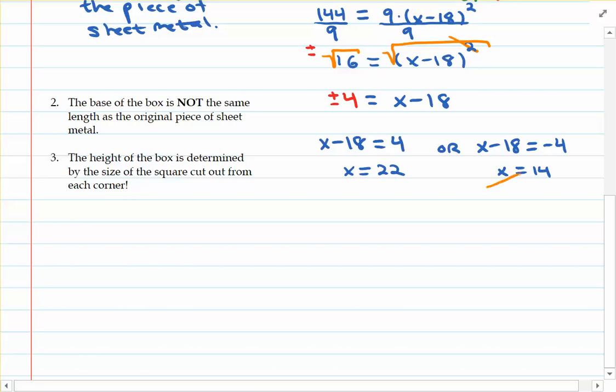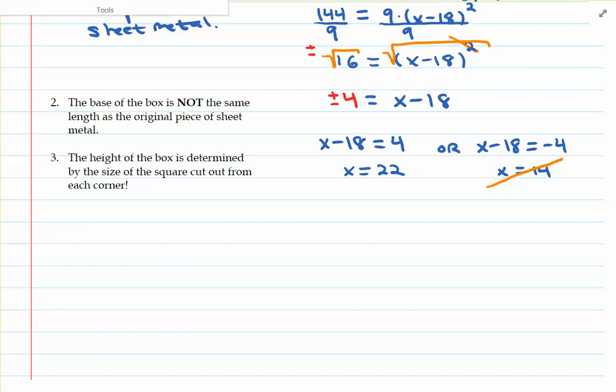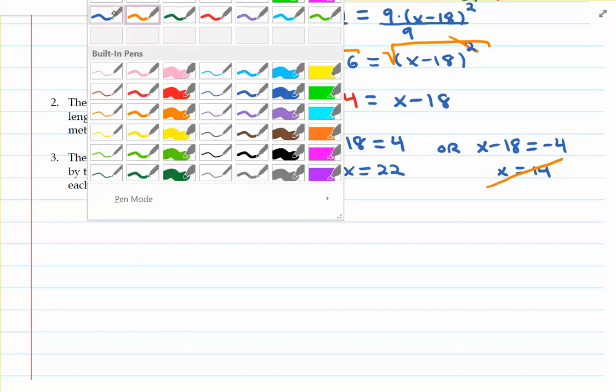I'm going to go ahead and cross that out, but I'm not going to tell you why that doesn't work. Actually, I would like to see if you can leave it in the comments below as to why 14 is not a legitimate answer for x. Alright, so with that said, our answer for x is 22,